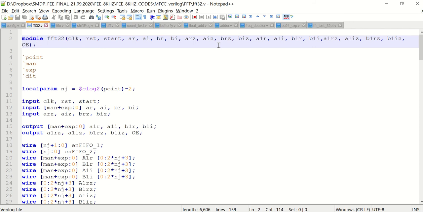So here we have considered the floating point number representation, and since we have real and imaginary parts, we have taken them separately. So this is the real part floating point number, this is the imaginary part floating point number of the first input. Similarly, this is the real and imaginary part of the second input, which is also floating point. And these are the four hidden bits of the floating point numbers. And we have this as the first output, this as the second output, and these are again the hidden bit outputs.